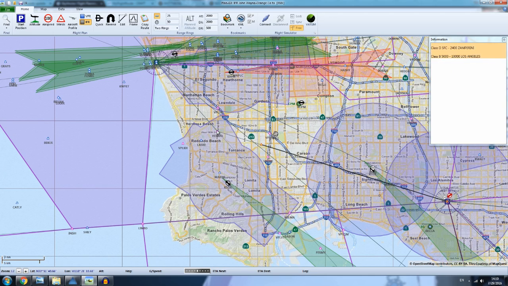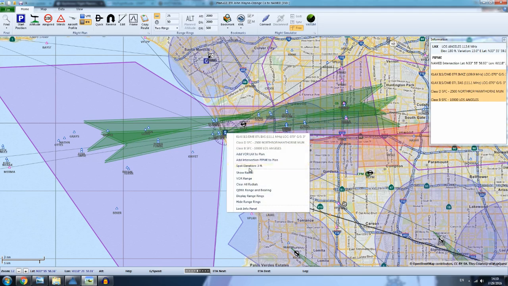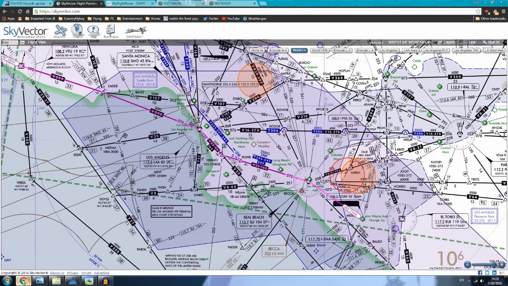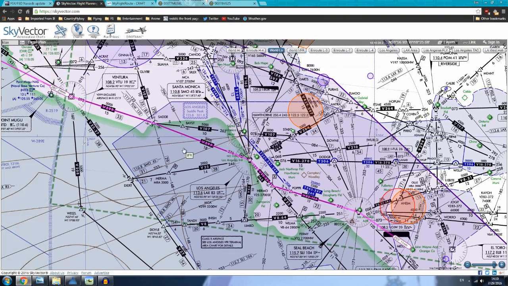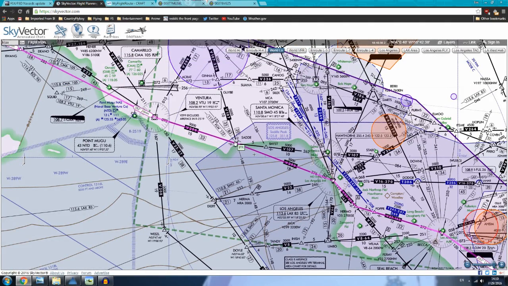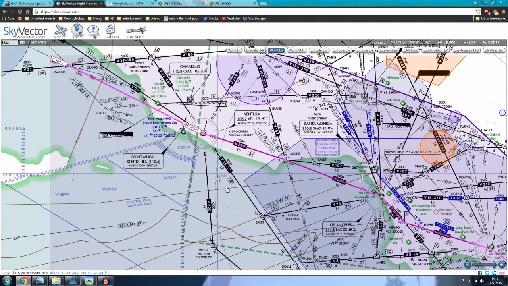Then we'll turn QDM off and add intersection her mode to plan. Then we'll add LAX to plan. That completes Victor 23. From there, we had to take Victor 299 to SATI and then to Ventura, which is